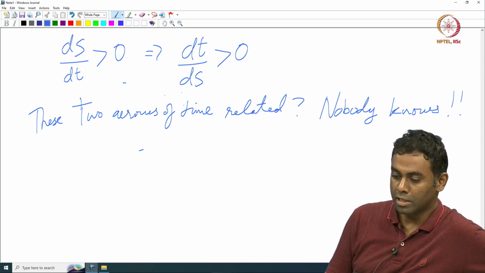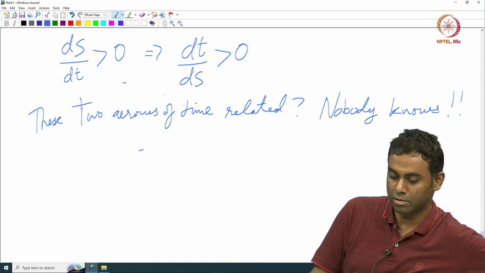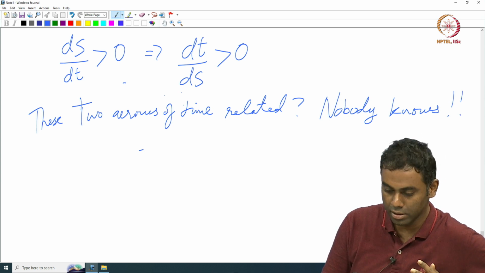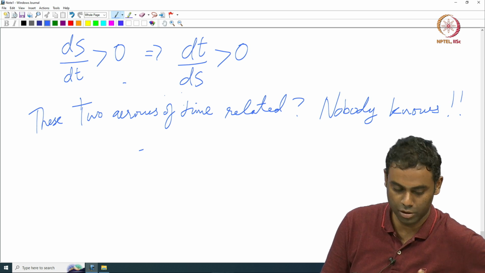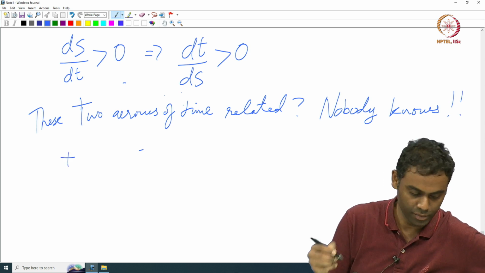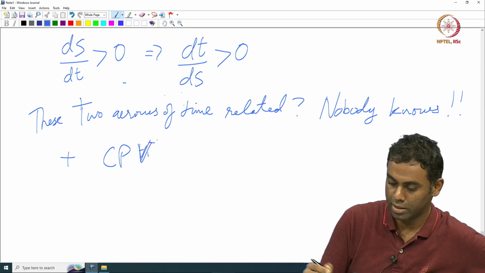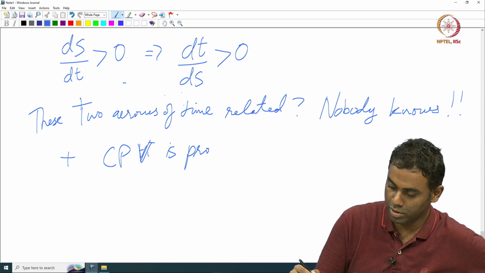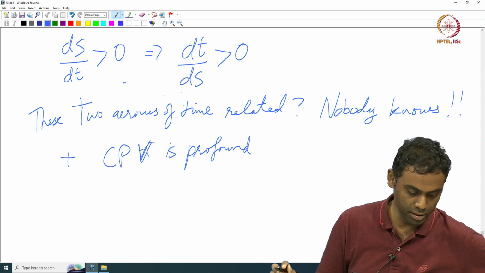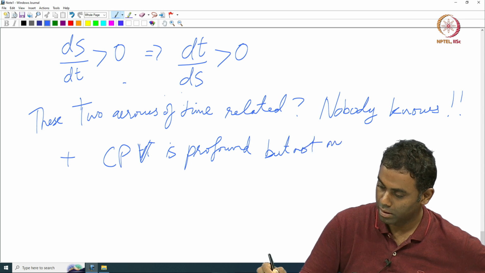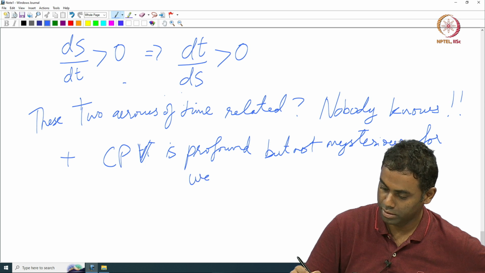Now having said all this, having talked about what the physical implications are of C, P, CP, CPT and all that, there is one thing one should not forget. We will encounter this further in the course, which is that CP violation, I am going to write CPV for CP violation, okay. CP violation is a profoundly disturbing thing, but not really mysterious for weak interactions,